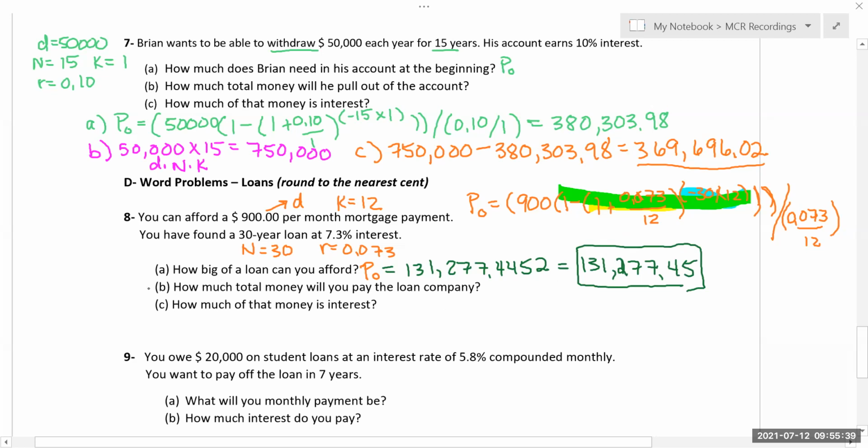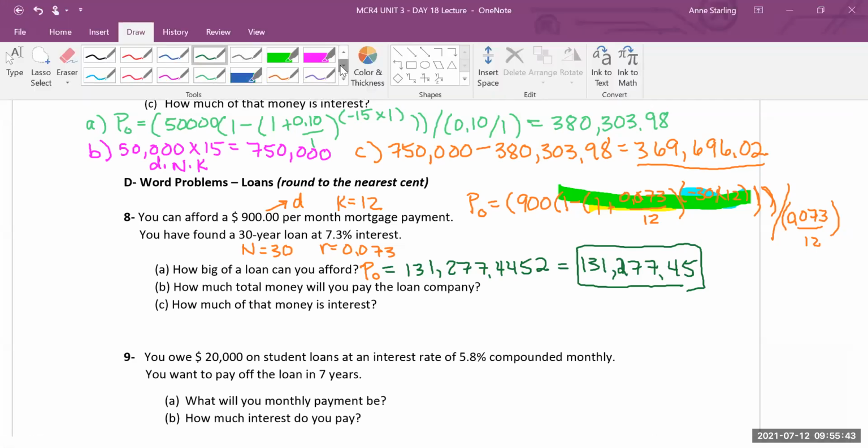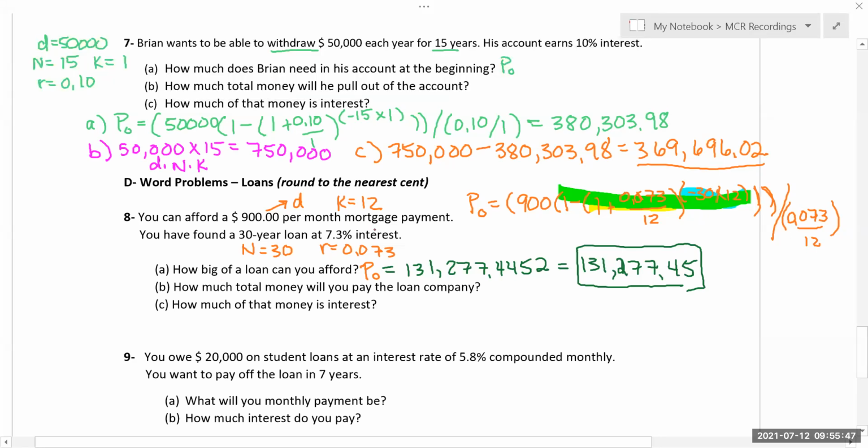Just like before, it was really great that we got all that interest on a payout. If it's a loan, mortgage, car payment, it goes the other way. Now it's how much money do you end up paying? Well, let's think about what you're paying. You're paying $900 every month, 12 months in a year for 30 years. So D K N. And that's how much will be coming out of your account, $900 per month per year you have the loan. So you're actually paying